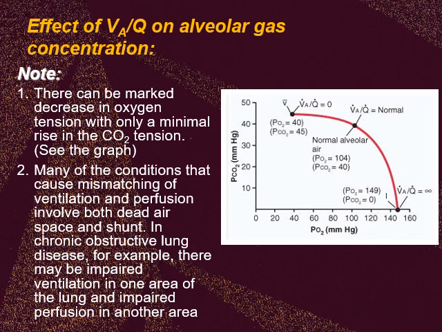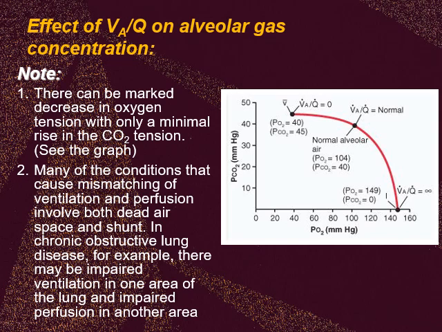Here are two important notes. The first note is that there can be a marked decrease in oxygen tension with only a minimal rise in carbon dioxide tension. Please look at the graph. Simply, if there is an increase in carbon dioxide within the alveoli, this will shift greatly the concentration of the oxygen to a lower level,